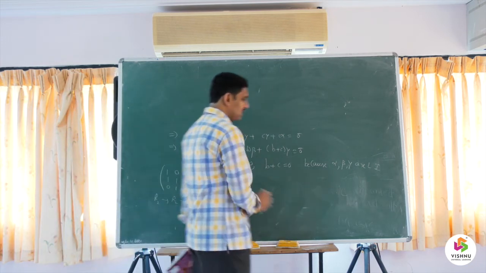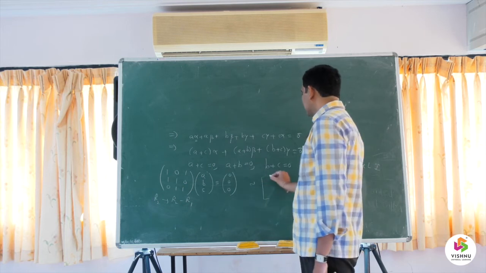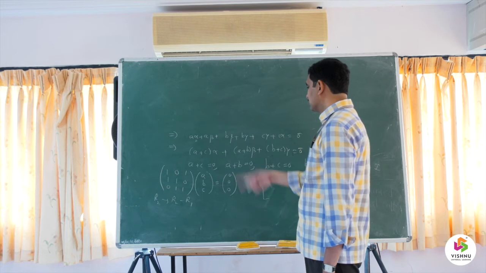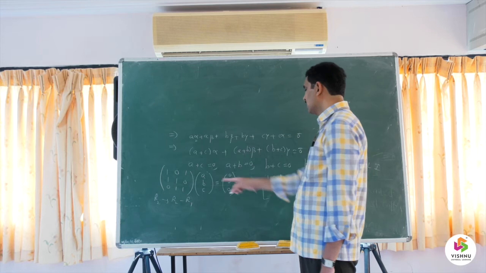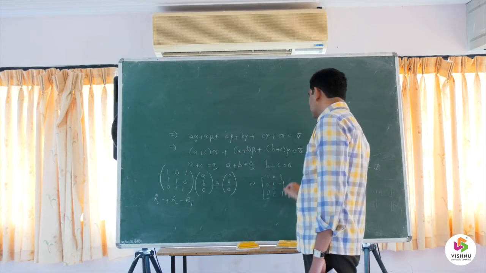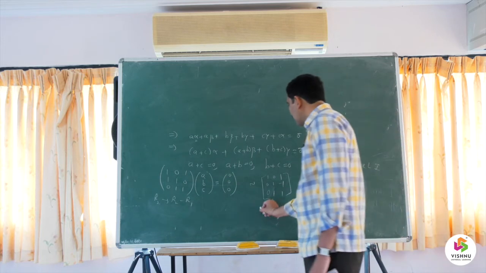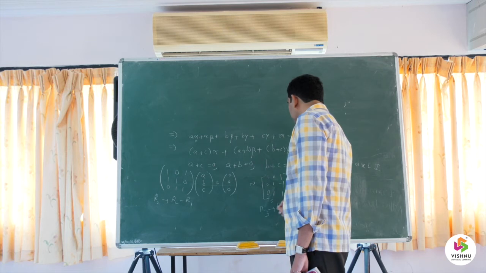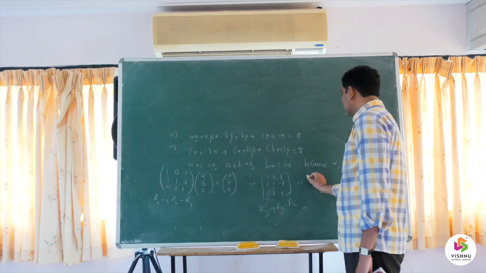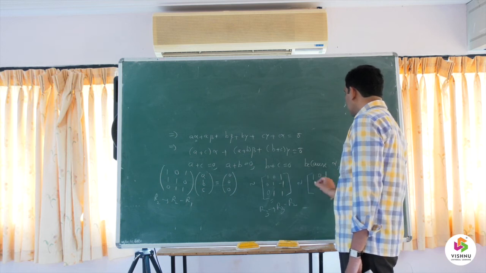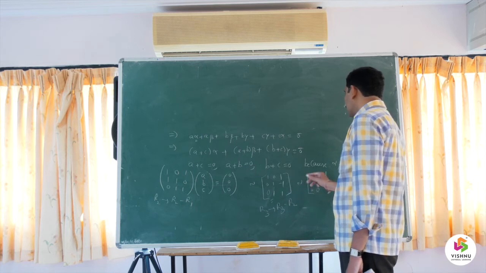So here I will consider the coefficient matrix only. So this is equivalent to: first row is as it is, 1, 0, 1. Second row, while subtracting, it is 0, 1, minus 1. And from the third row you take the values as they are. Now I have to make this number 0. So I will apply R3 tends to R3 minus R2. So this is equivalent to 1, 0, 1, then 0, 1, minus 1, then 0 minus 0, 0, 1 minus 1, 0, 1 minus of minus 1, 2.